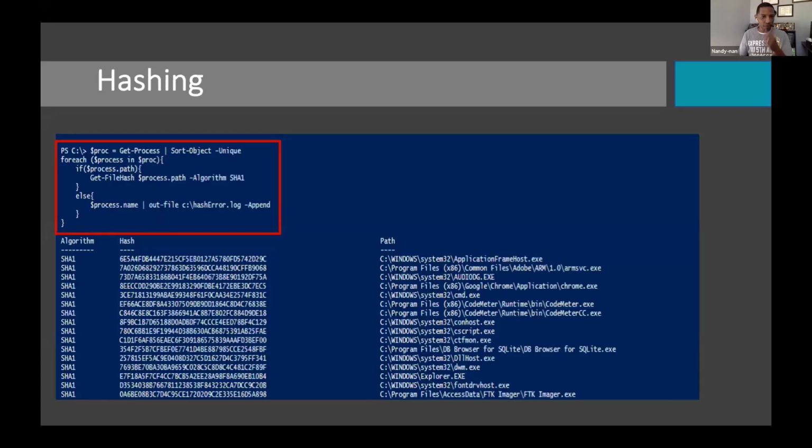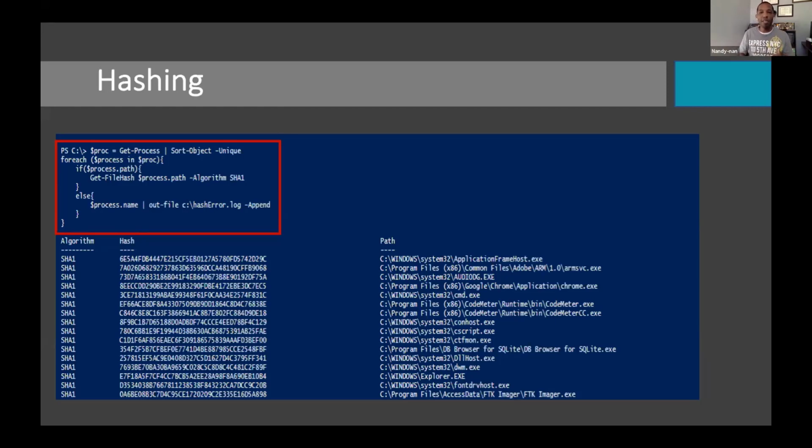So from a PowerShell perspective, we can utilize the 8 or 9 lines that we have in that red box there. Essentially, we're going to retrieve every process, sort them based upon unique, and then loop through each one of them and get the file hash. There are some protected processes that my privilege level, or the privilege level in which you're executing, may not have access to. So I want to be able to highlight those, and that's where in our if-else statement we see that we're going to send it to a log file. So again, we're being a little bit directed in how we're doing this as opposed to doing the whole disk. Again, my architecture really depicts which method I could actually use.